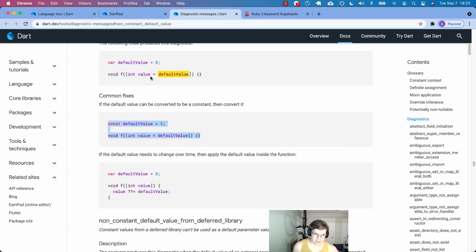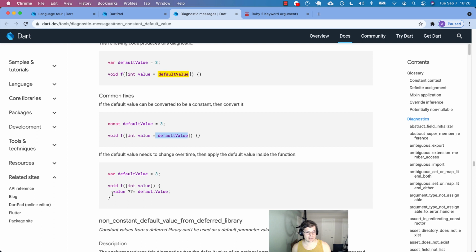So maybe they're just, again, showing us what we're starting with, which is an optional parameter with a default value. If the default value needs to change over time, then apply the default value inside the function. Okay. So if it needs to change over time, instead of setting the default value as a parameter, you can define it, oh, look at that,